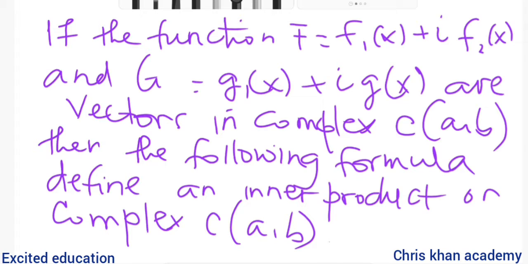We are going to formulate this formula for a general F and a general G, which comprise f1 and f2, and g1 and g2. So both have an imaginary part and a real part. So in the inner product, in linear and multilinear algebra, we formulate this as follows. The inner product of f and g is equal to